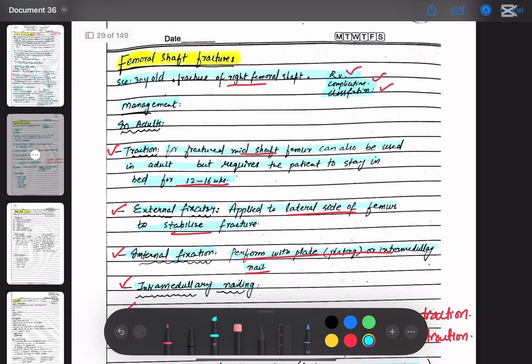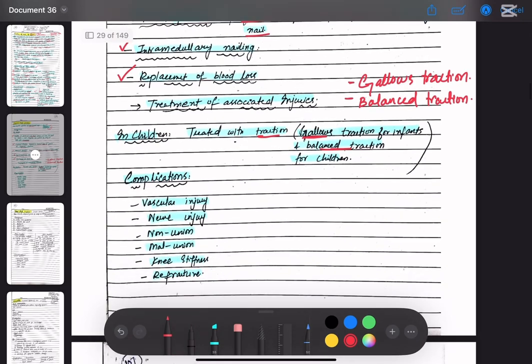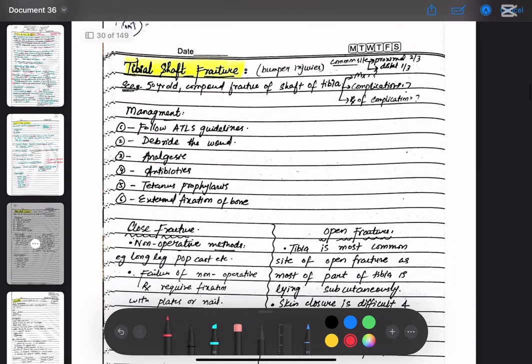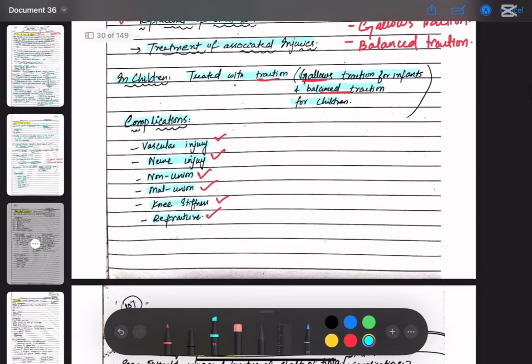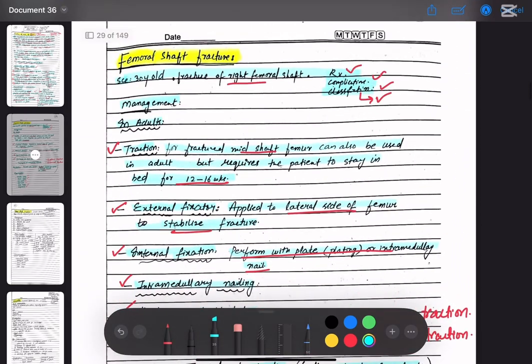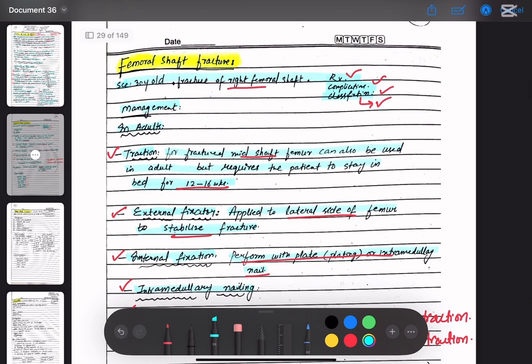Classification of the fracture we have discussed already, and the complications are vascular injuries, nerve injuries, non-union, malunion, knee stiffness, and refractures. These are the complications. So this was a small topic, that is the femoral shaft fracture, and we have different management options in